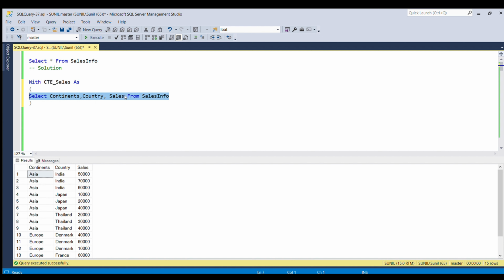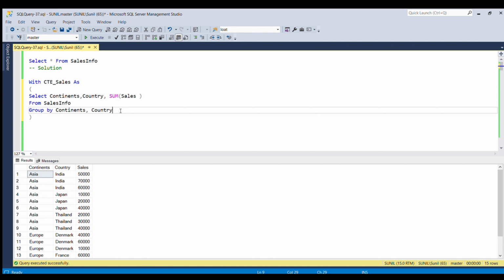Now I'm going to get the sum of the sales, and I have to get the sum country wise along with continent wise. So I'm going to group by continents, comma, country.